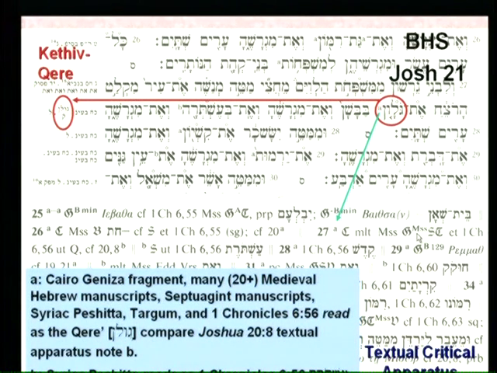The MSS here, notice, is superscript. So this has to do with the variety of manuscripts of the Septuagint. The Gothic S stands for the Syriac Peshitta. The Gothic T is for the Aramaic Targum. The Latin et is and. So it's continuing the note by saying that the Cairo Geniza fragments, 20 or more medieval Hebrew manuscripts, a variety of Septuagint manuscripts, the Syriac Peshitta, and the Aramaic Targum, and 1 Chronicles chapter 6, verse 56, read as the Qere. The Q here stands for Qere, and compare the textual note B in the textual critical apparatus